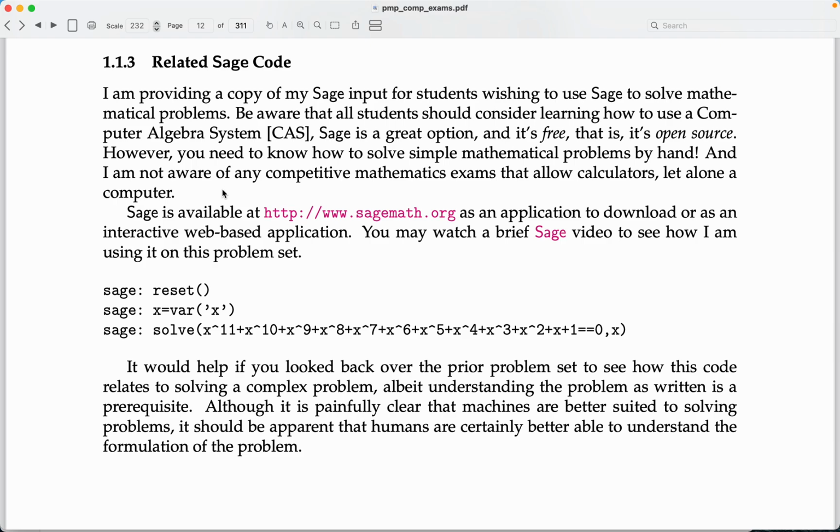So what I'm going to recommend is a small piece of code over here. This code relates to a problem that's in the problem set. We'll go through that in a moment, by the way. But I would like to read the code first. It's Sage code. So, reset, we're defining a variable, and we're solving an equation. So what I want to do is go to the web,